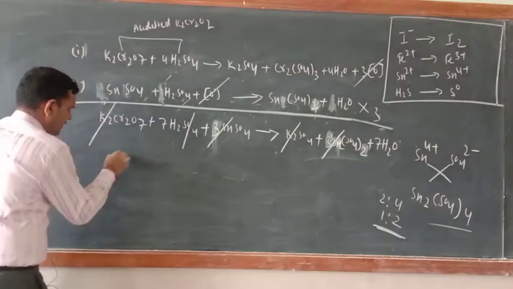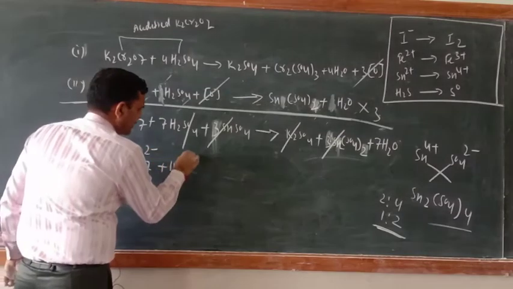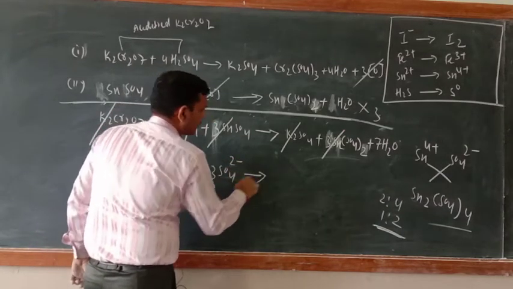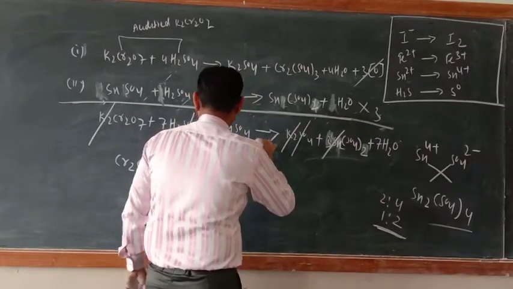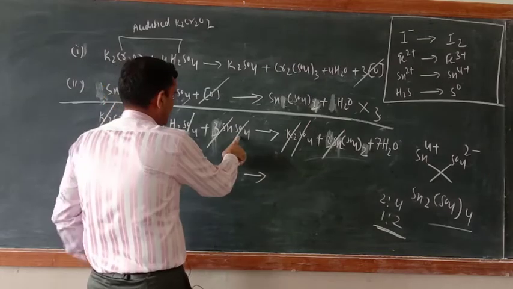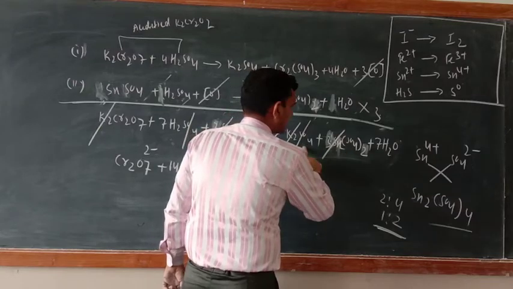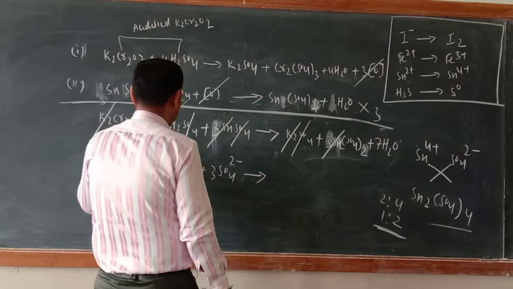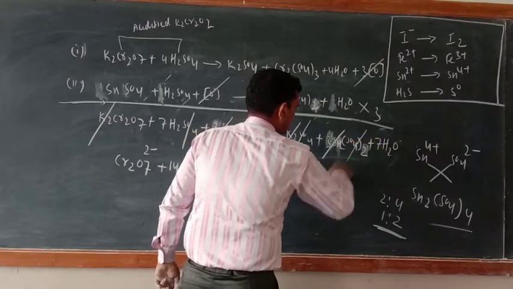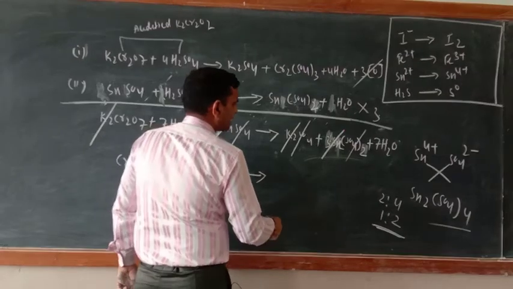Now just see. Here Cr2O7 2 negative plus 14H positive plus SO4, 3SO4 2 negative. So here what is there? This SO4 is also cancelled out. This SO4 total 10 SO4 should be there. 7 and 3, 10. And this side how many Sn is there? This one 3, 2s are 6, 7. Yes, it is correct only. Cancel out this one, this sulfate also. So now what is left out now? Left out things are Sn